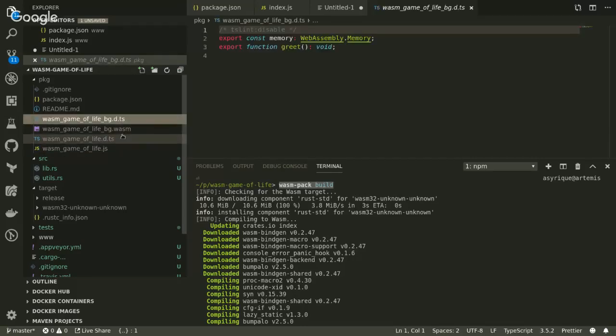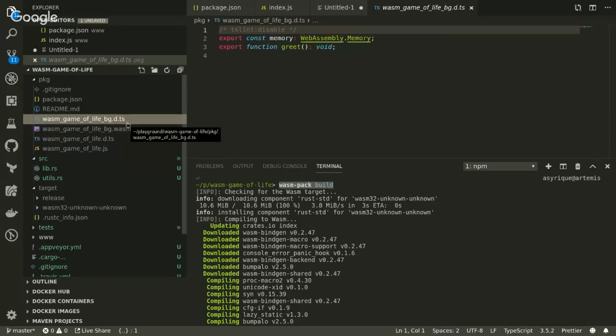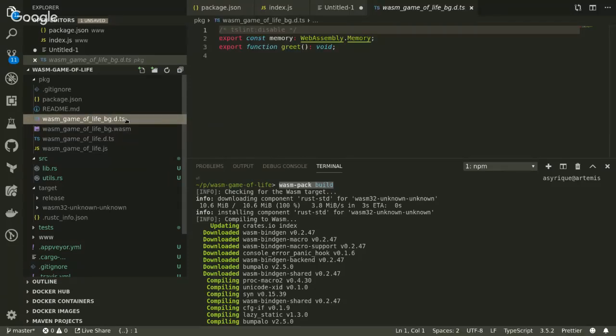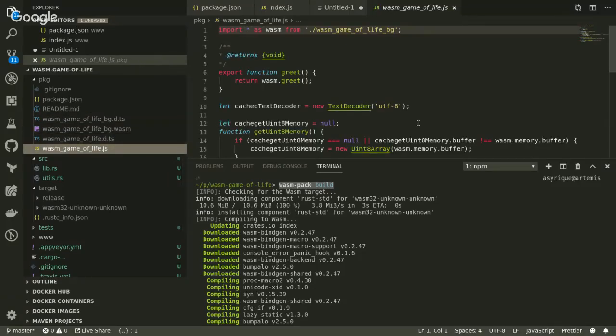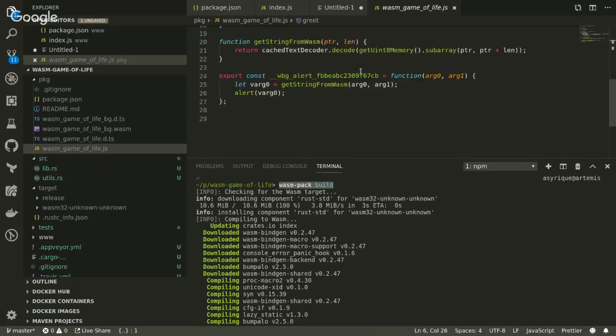B.ts, yeah, this is the TypeScript definition. So what you're saying is this is actually a TypeScript definition for each of these things. Right. That's interesting that it gives you a TypeScript definition for the WASM file. Strange. Okay, but anyways, and then you have this thing which basically imports the WASM and then defines the actual function that will be called